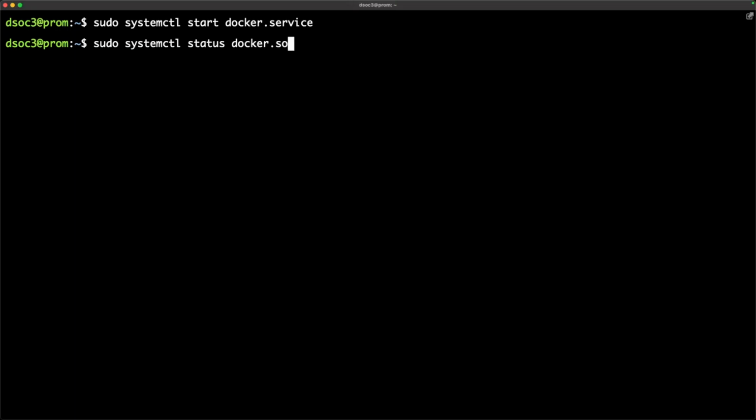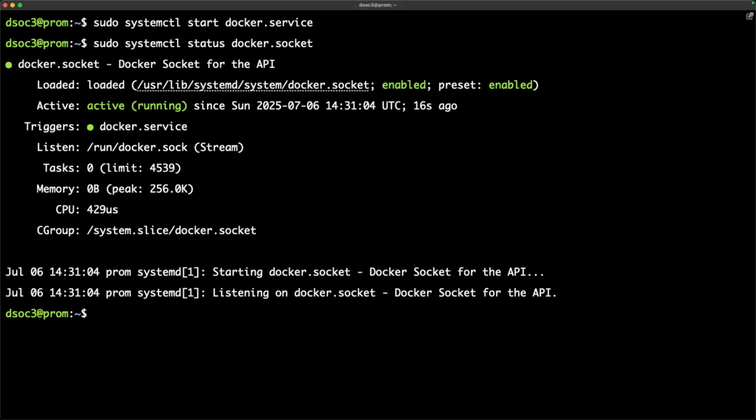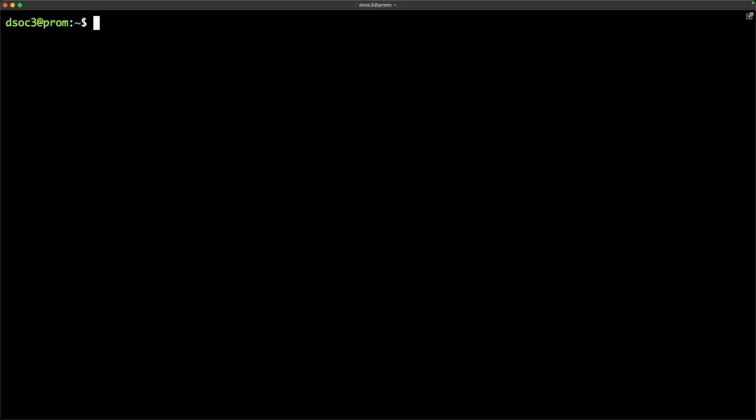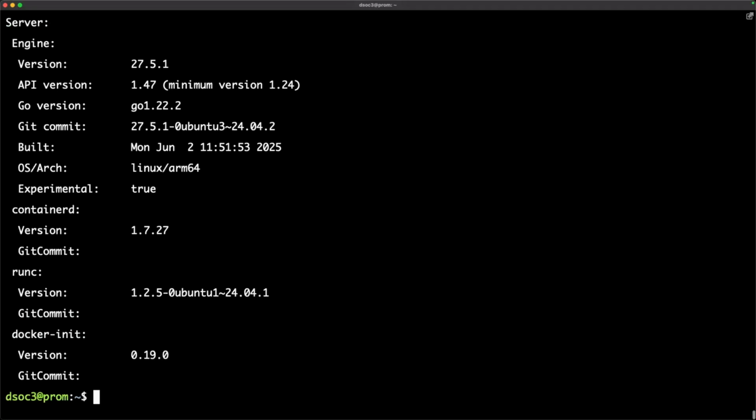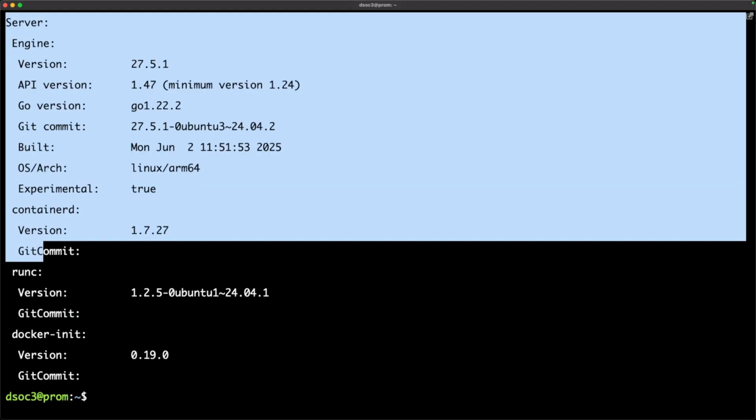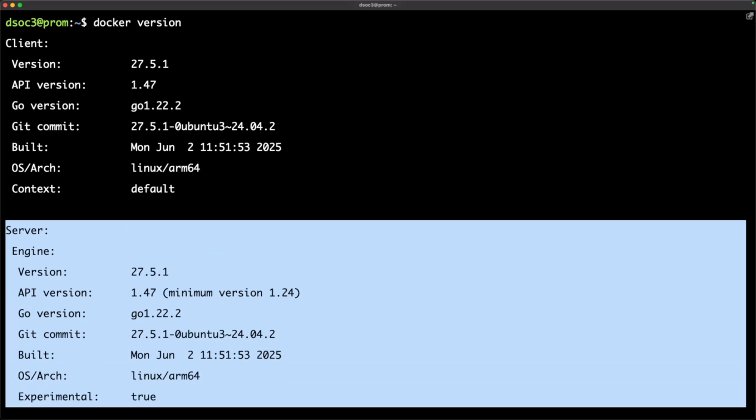Status docker dot sub. Okay, so which is active, that's good. And Docker, let's check. Okay, all good. If you get error, right, in server part, okay, if anyway you always get